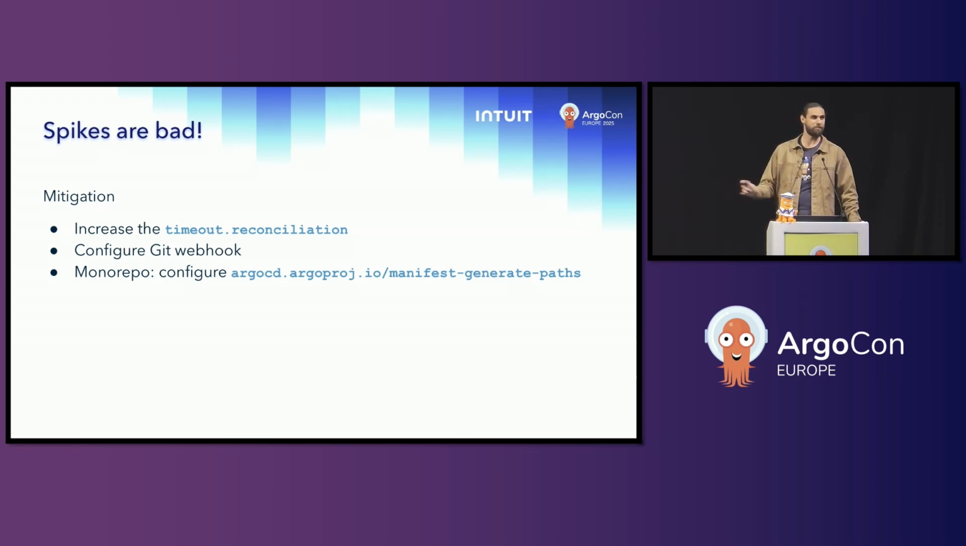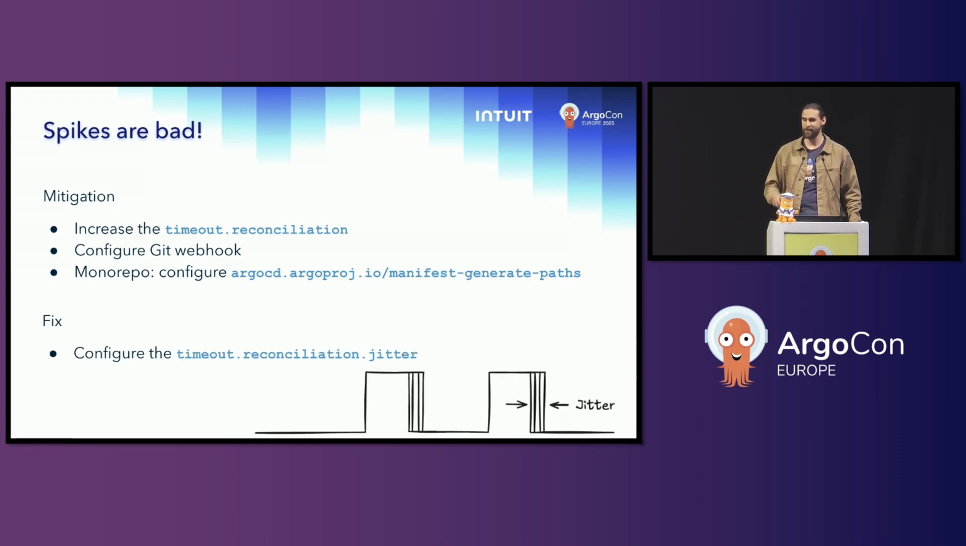But we said we're not mitigating issues today. We're fixing them. So fixing it is actually quite easy. You just configure a jitter. Now, what's a jitter? At the end of the reconciliation timeout, it's going to add an amount of time that's